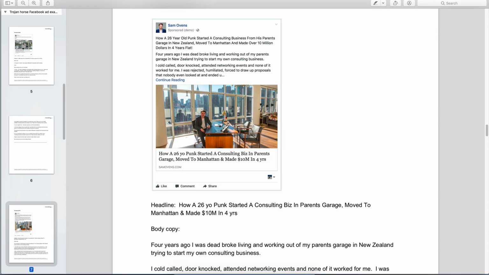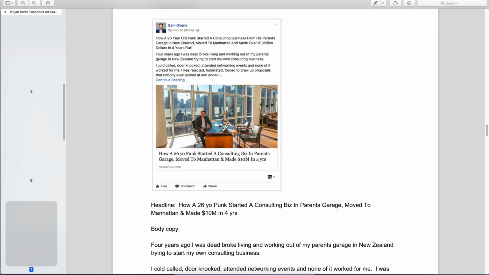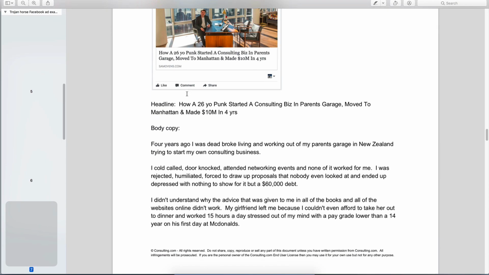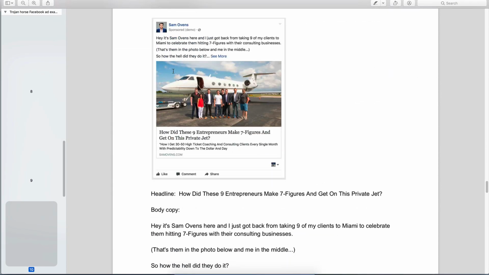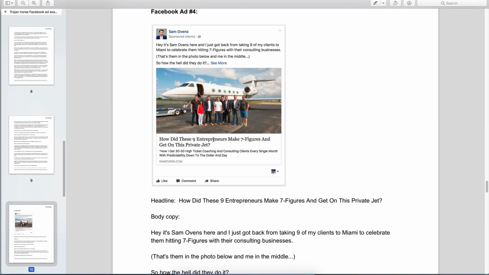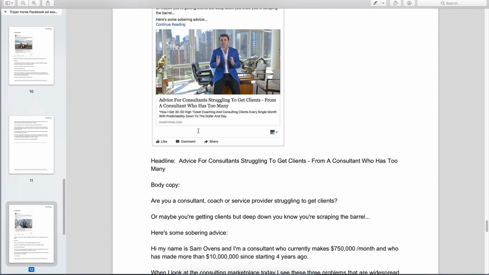And it's basically a story, but it looks like news. It looks like it's a news article or something. And with the image, it works really well too. And there's the body copy and the headline and everything. And then, how did these 9 entrepreneurs make 7 figures and get on this private jet? There's another good one. But one of my best,